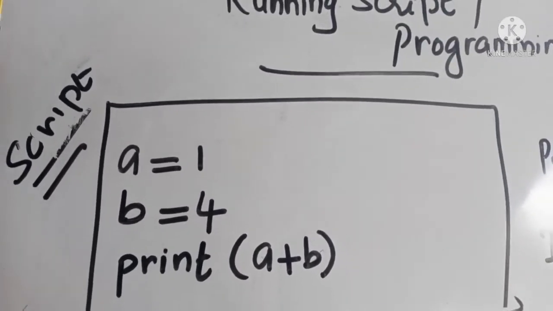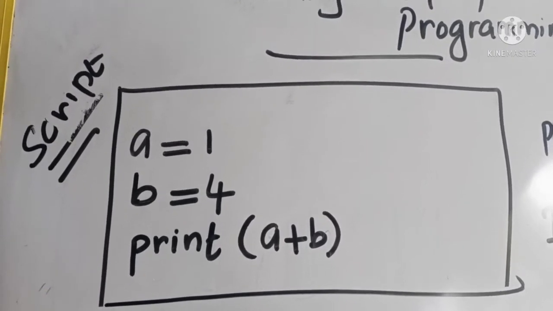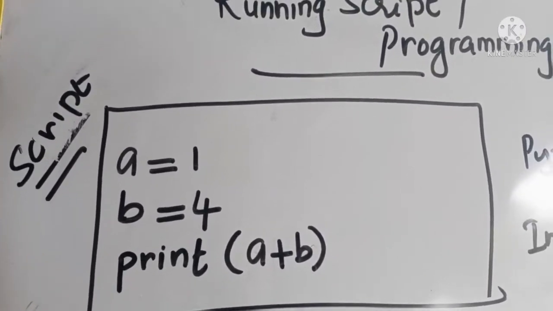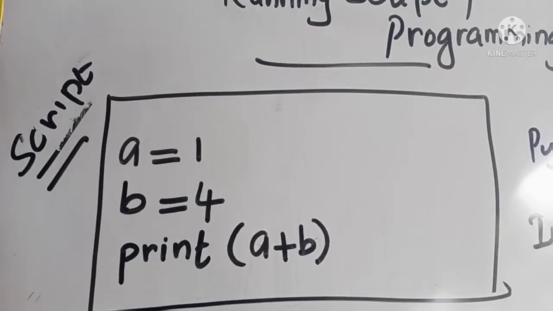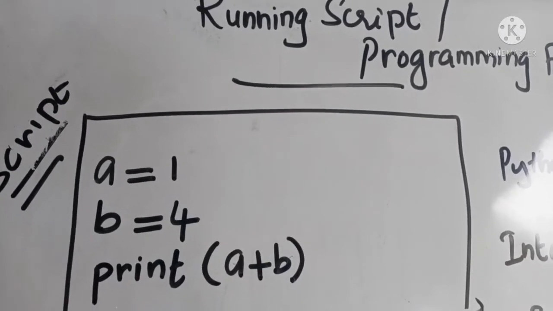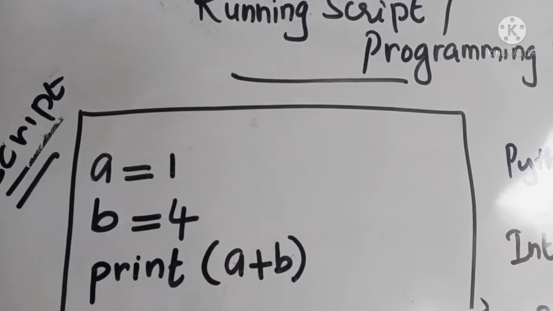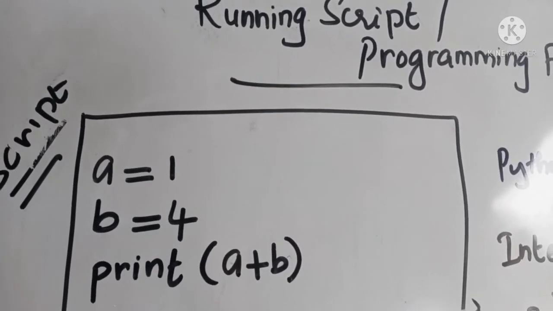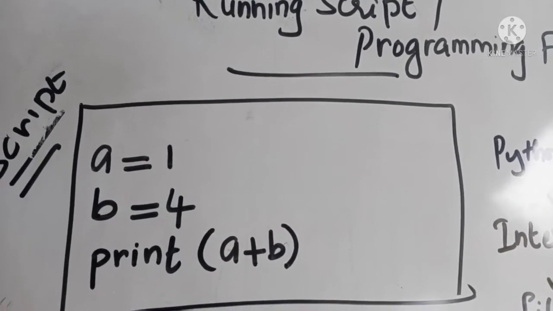Before that, tell me, what is a variable? A variable is used to store a value. We need something to store the values we give. So instead of giving values directly, we just save that particular number to a variable. Here I am assigning the value 1 to variable a, so a takes the value 1. The next line is b equal to 4, which means b takes the value 4.